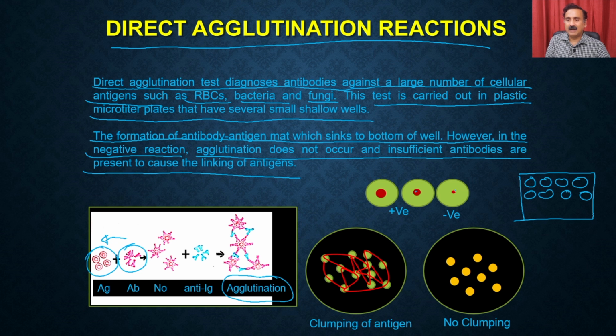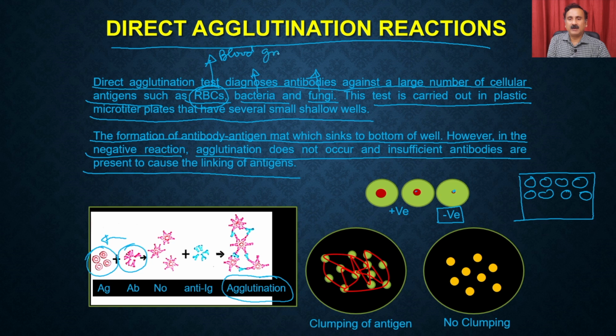But if you are actually going to see the unprecipitated material, then this is going to be called the negative control. Now, how can you use direct agglutination reactions? You can use the direct agglutination reaction because the antibodies are going to react with the RBCs, bacteria and fungi. So you can detect the bacteria, fungi, or the different types of RBCs, and that was the basis of blood group detection, right?